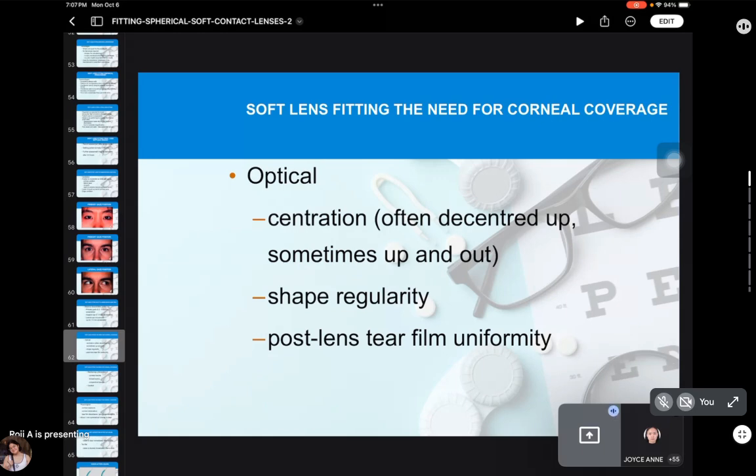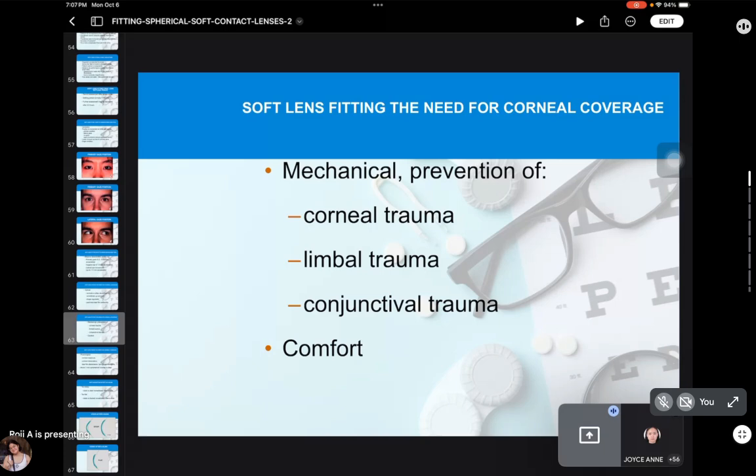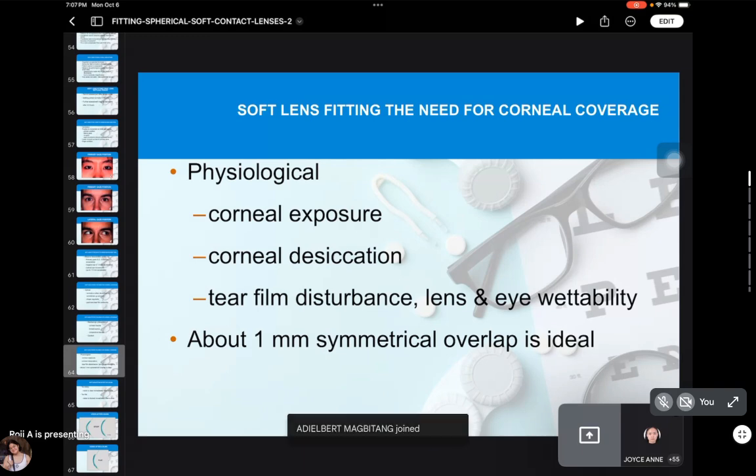And then, of course, need for coverage. This is self-explanatory. Nothing much to talk about here. Mechanical prevention, corneal trauma. Okay, we're good on this. Physiological, of course, you don't want corneal exposure. You don't want corneal desiccation. From the word desiccation, I think you already know that. If it's desiccated, it means your cornea is affected. It's not good for the cornea to have desiccation. Tear film disturbance,